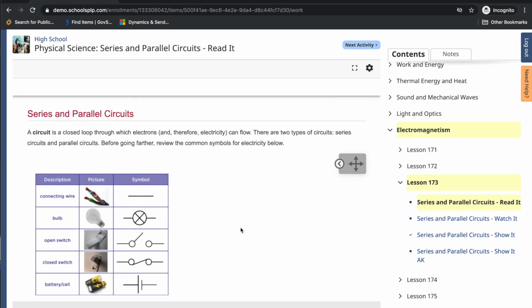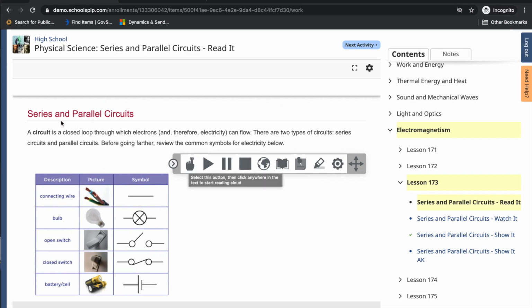As I scroll through here, I have text and images. Here's my translation toolbar. I can click this button and all of the text will be read. I can highlight parts of the text and have it read. A circuit is a closed loop through which electrons